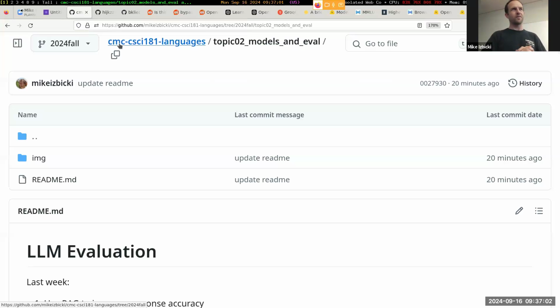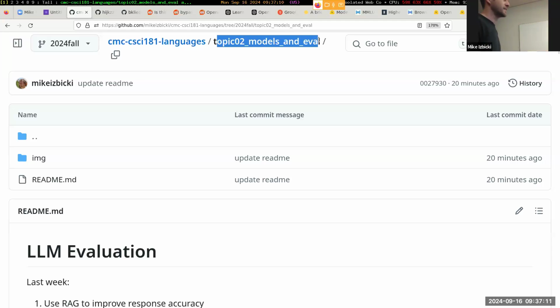So welcome back, everybody, from your weekends. Right now on GitHub, I'm in this topic 2 models and evaluation folder. We'll talk a lot about different models today in class and evaluating them. And there is